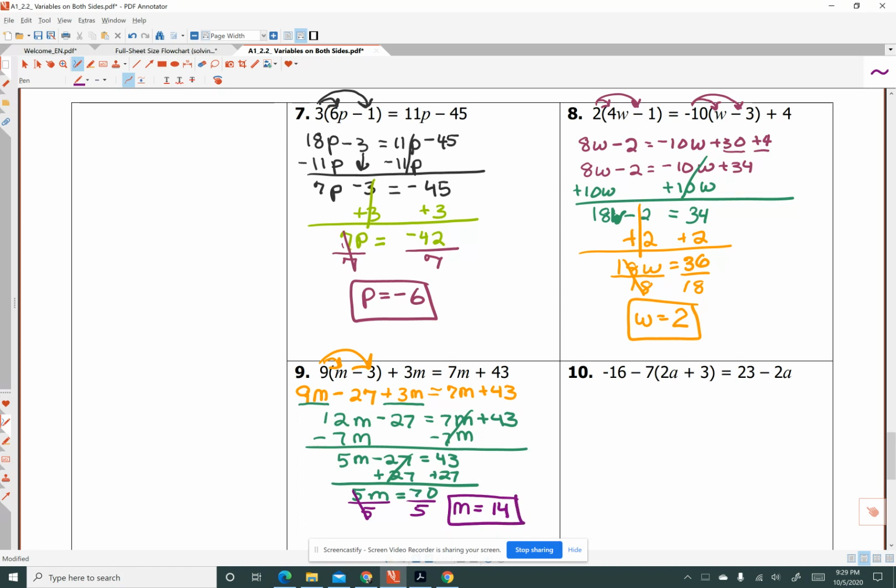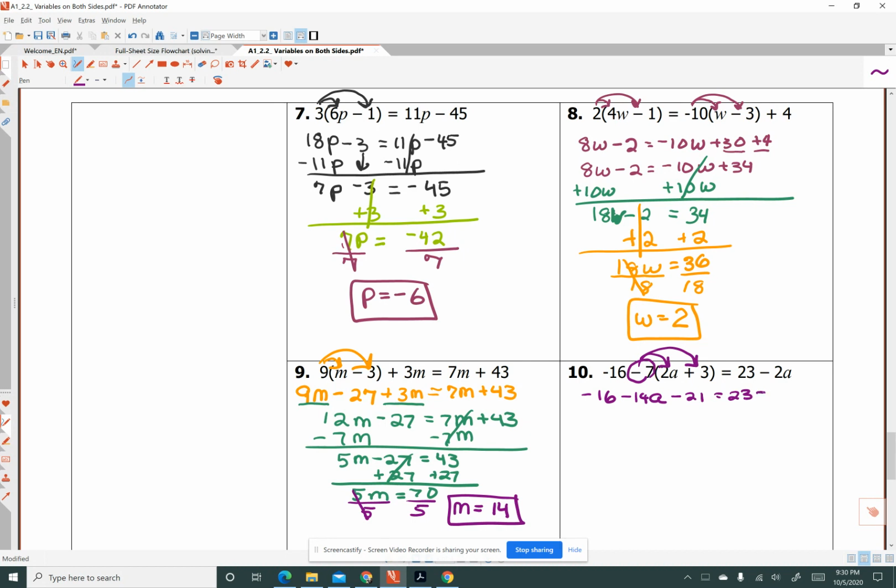Okay, they're getting a little more difficult. We can handle this. We're going to distribute -7, including the negative sign, through 2a and 3. So -16 and -7 times 2a is -14a. -7 times 3 is -21